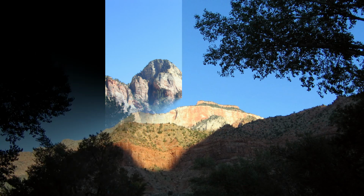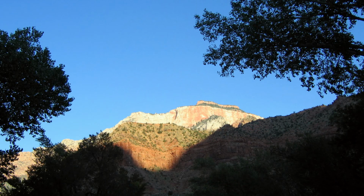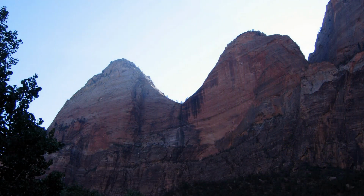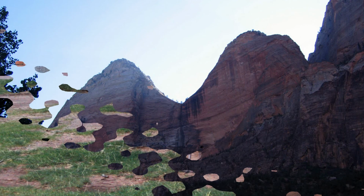Opportunities to see and explore Zion National Park abound for people of all ages and abilities, from the scenic byways that slice through the park to the trails that wind through the backcountry. Carved by wind and time, Zion National Park is a canyon that invites you to participate in the very forces